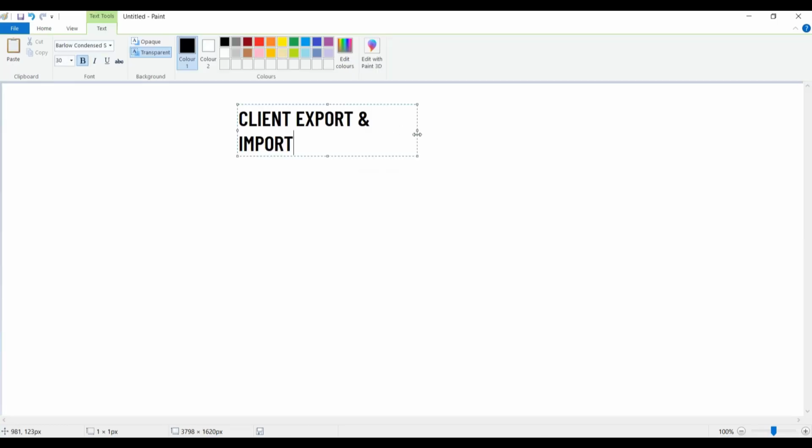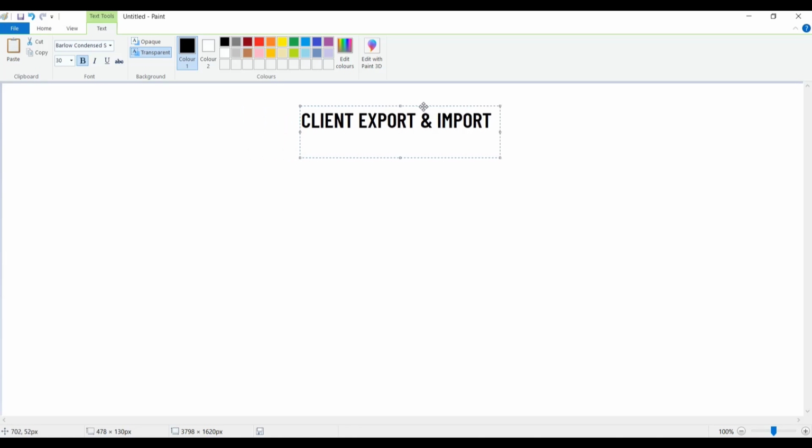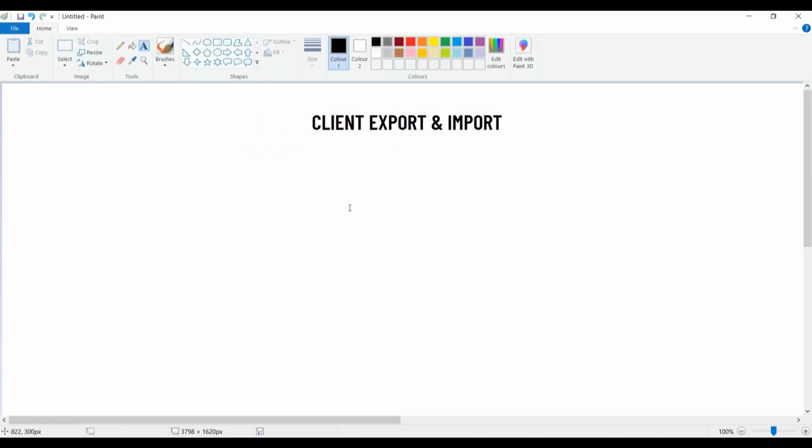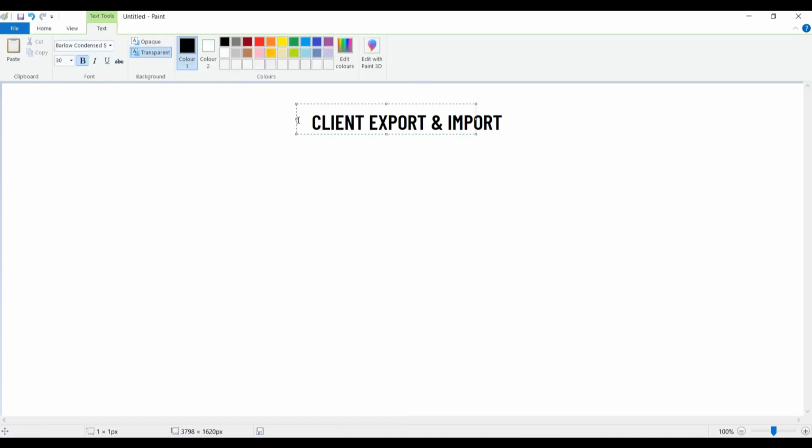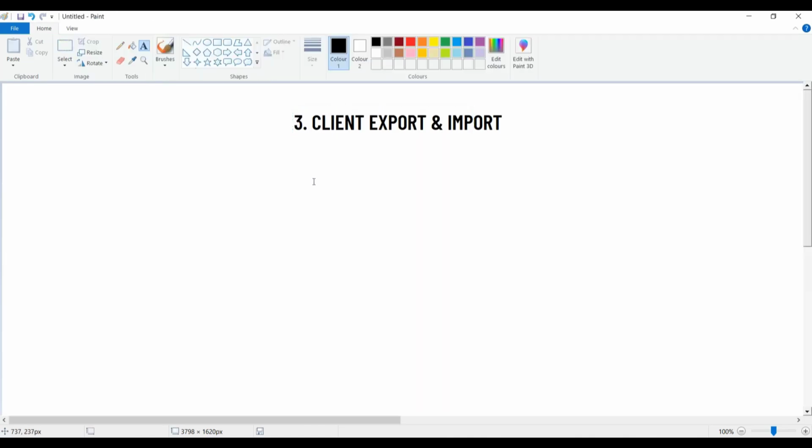Client export and import is the next topic. For doing the local client copy, we are doing the copy within a system, so we do not require anything. For doing the remote client copy, we require an RFC connection between the two systems. And the third client copy in SAP is with client export and import. For doing this, we require